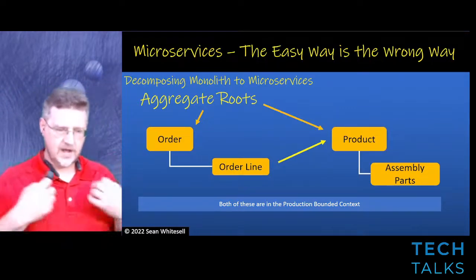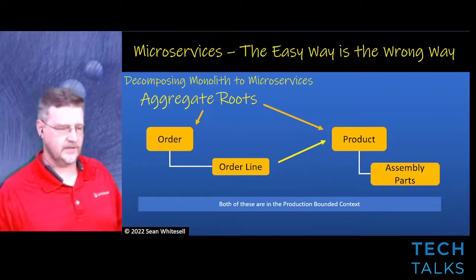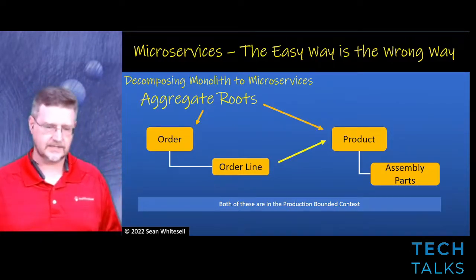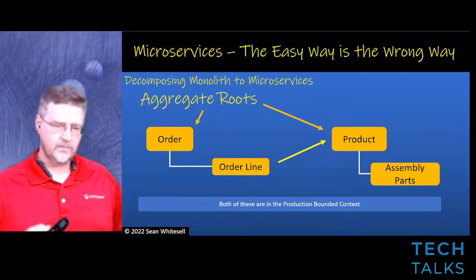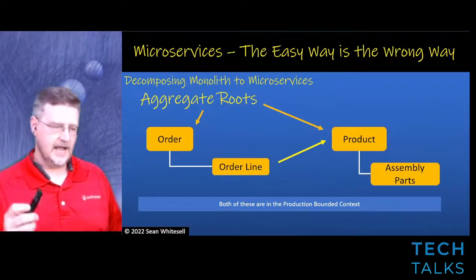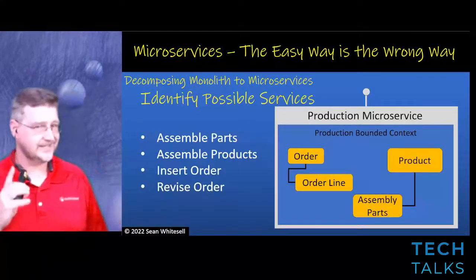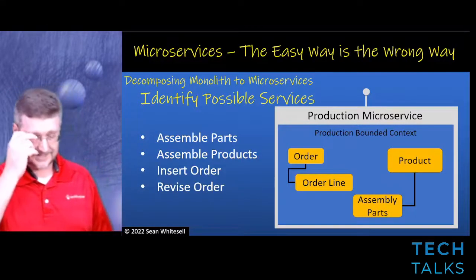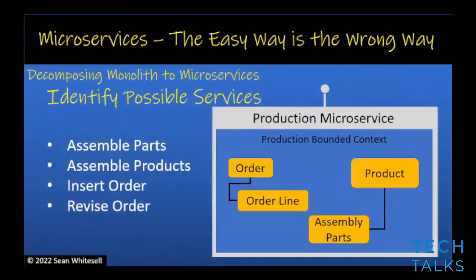Okay, so now we're understanding some of the functionality exposed by the order and by the product class. And we decide we can work this together for this purpose. And let's just say this is a possible, notice I say possible, microservice. It doesn't have to be a microservice at all. Again, we're using DDD to help better understand how we might create a microservice, but it doesn't have to be one. So now we have a production microservice, and it has a single bounded context in there for production, and it's exposing some kind of available functionality at the service layer.